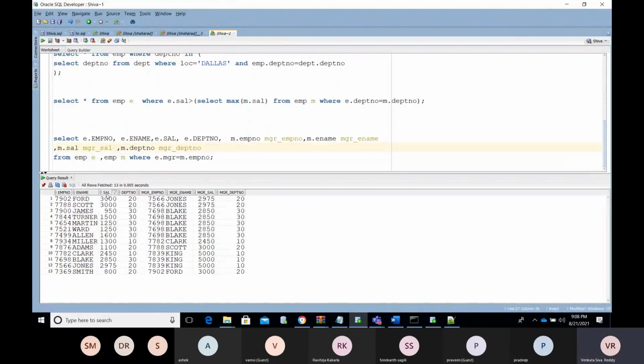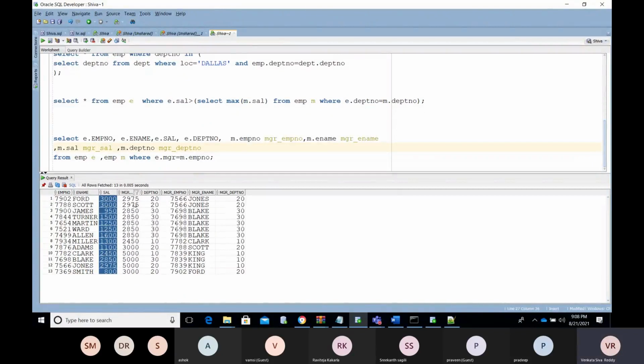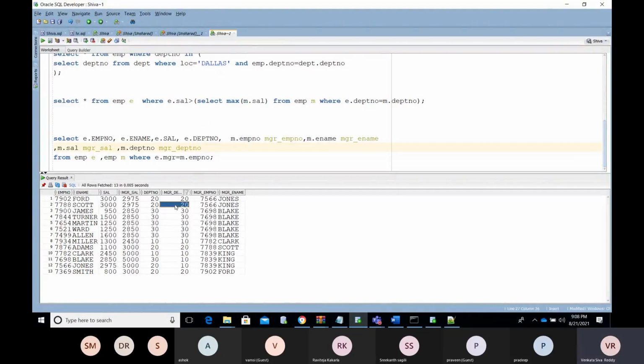Okay, now I need to compare the manager salary, who is getting greater than the manager salary. See, now I have the DEPT number as well here. So 2020. So I need to compare each and every DEPT number, 2020 here. See, there is some different manager department here. For these two, we don't have the common DEPT number. So the manager is in another department. So the employee is in a different department, the manager is in a different department. See here. Now in this case, I need to compare each and everything, like who is getting the greater salary.